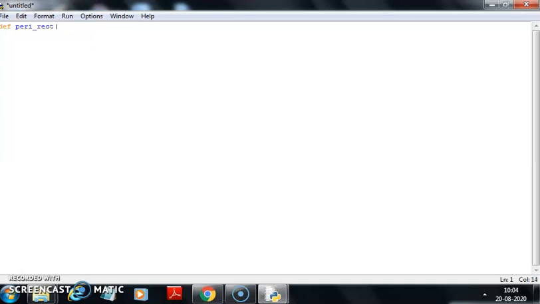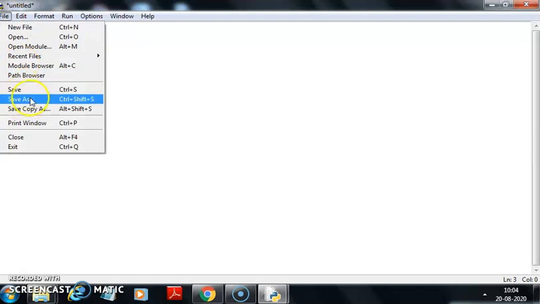So this will calculate the perimeter of a rectangle. So I need length and breadth, and return 2 into length plus breadth. So this much I have done. Now if you want, you can make one more function, but I am restricting to just one function here, and I am saving this file.